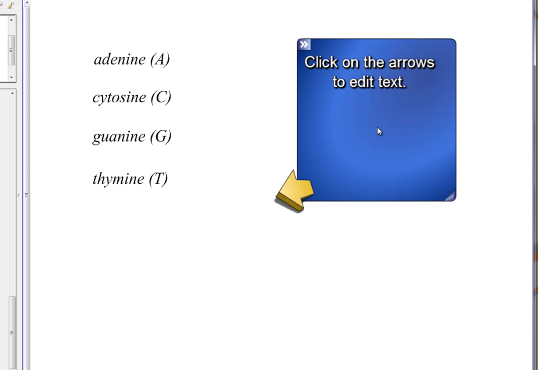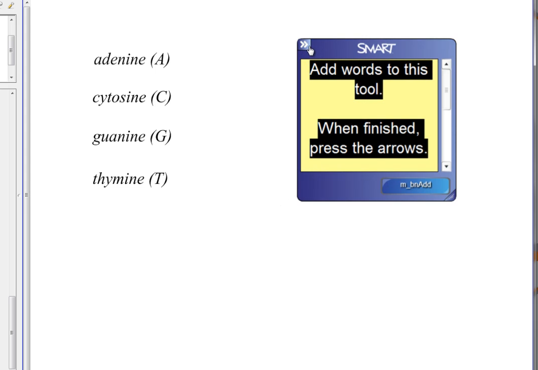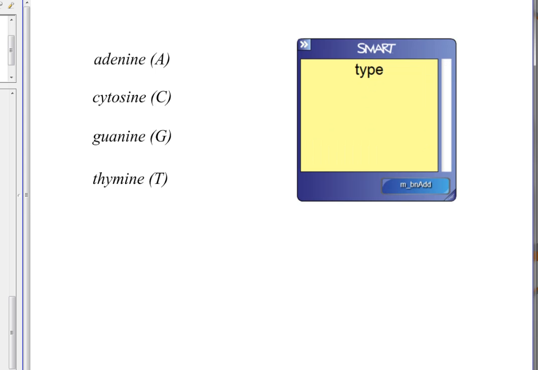The tool looks exactly the same as the image one. We have the 3 handles: resize, inject, and then the double arrows. Unfortunately, the wording sometimes goes a little bit funny on these buttons at the bottom, but they mean add and back. So we can put our words in 2 ways. We can either type it in and then go to the next one, or we could drag it in. So I've got the DNA organic bases here, and I can just drag it in,